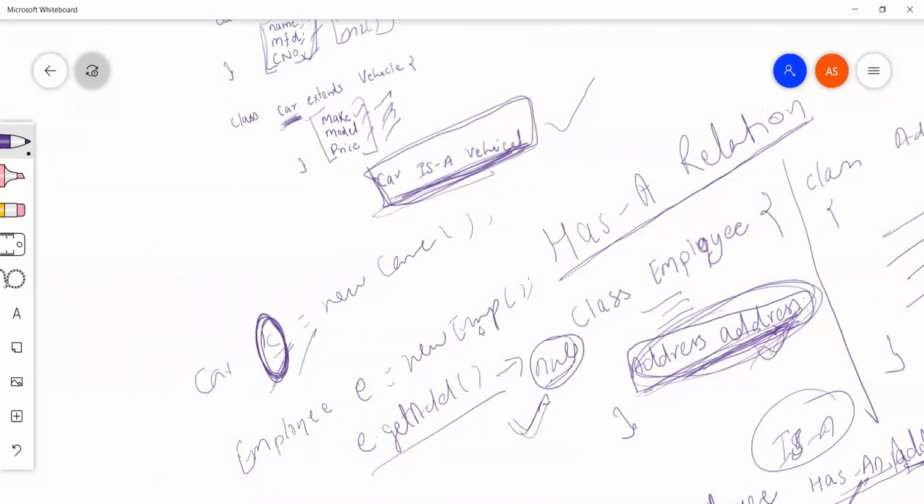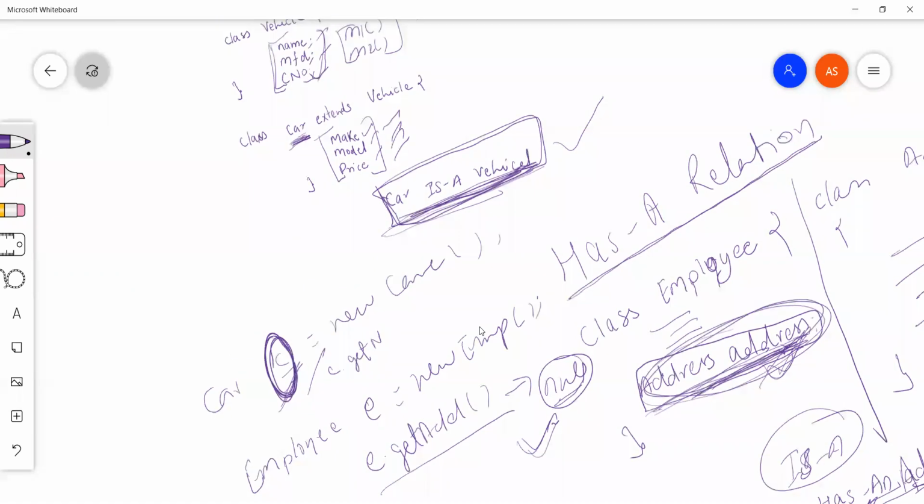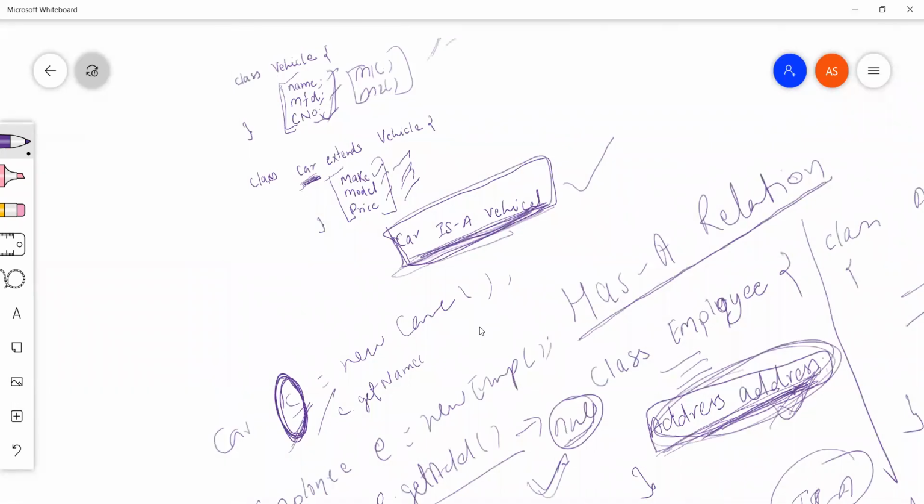Yes. With this C you can just say C dot get, let's say what we have is name, and you will be able to get the name. It is also optional, right? It depends on us, whatever we need, we will access. No. The thing is, this is when you say extends. This sits with this object.